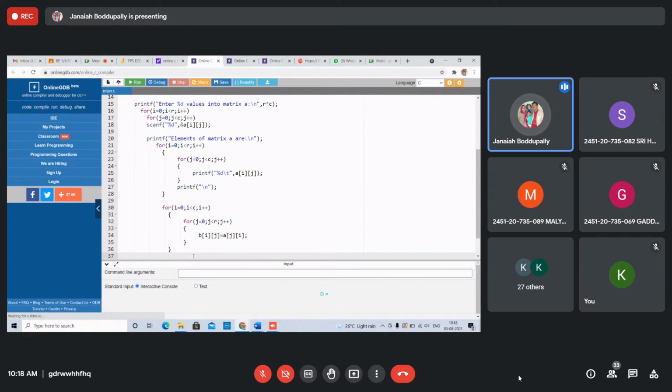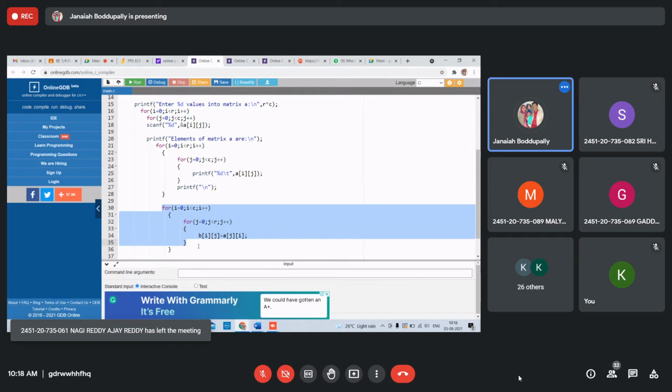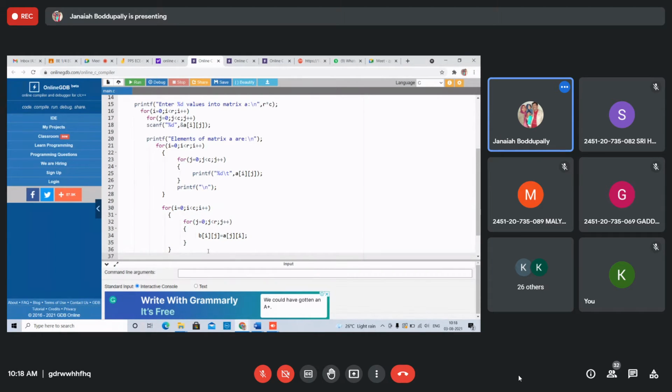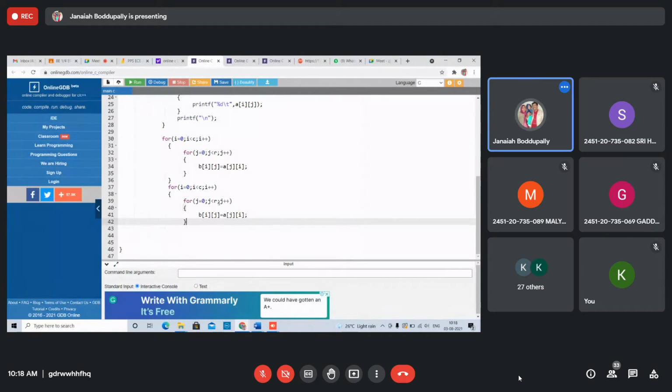How to display the transpose matrix? For I equals 0 to C, J same. Copy this one. Remove this one.